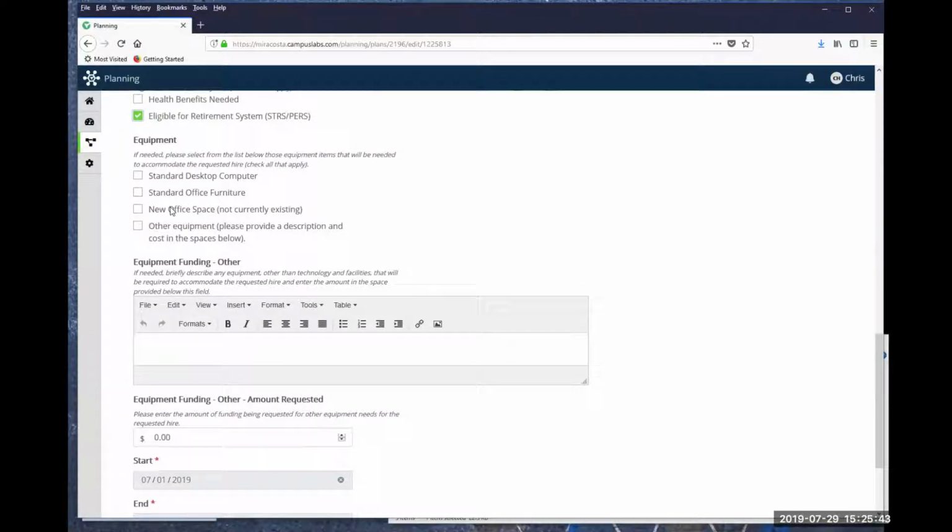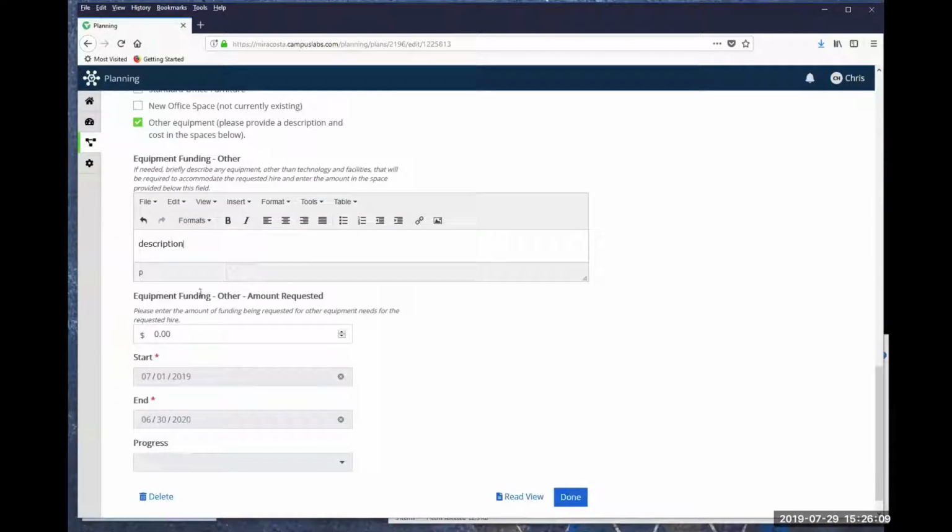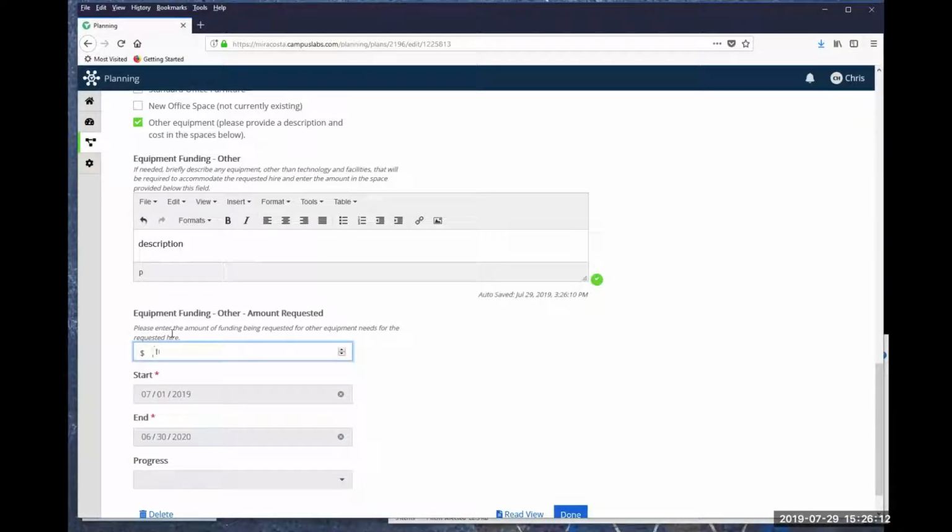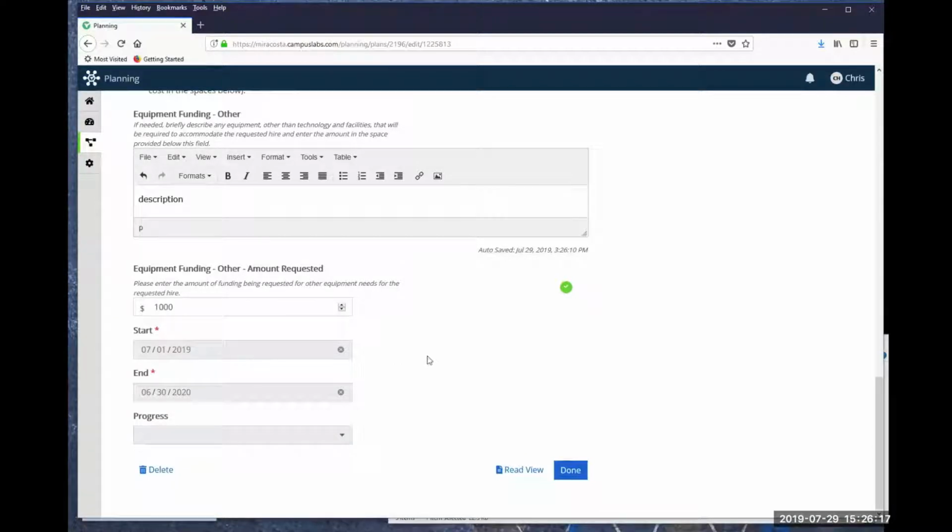Finally, select whether or not this position will need equipment. You can select from standard desktop computer, standard office furniture, or whether a new office space is needed. If you need equipment other than those that are standard and listed, you can indicate so by clicking the Other Equipment box and providing a description below. If you do provide a description of other equipment, also indicate in the box below how much that additional equipment will cost. Once you've completed the form, be sure to hit the blue Done button at the bottom,